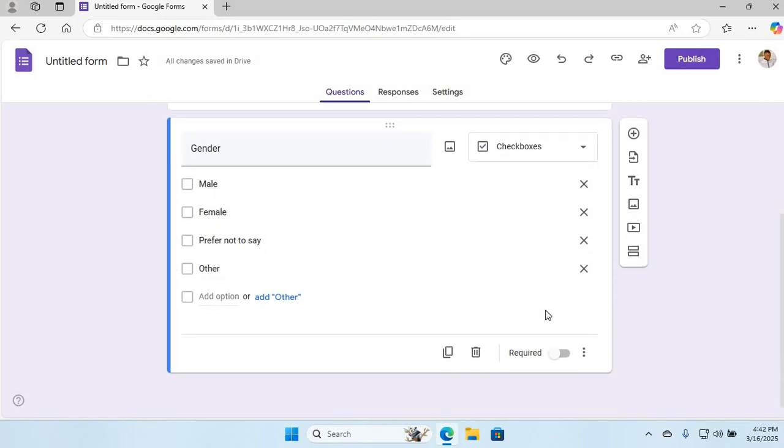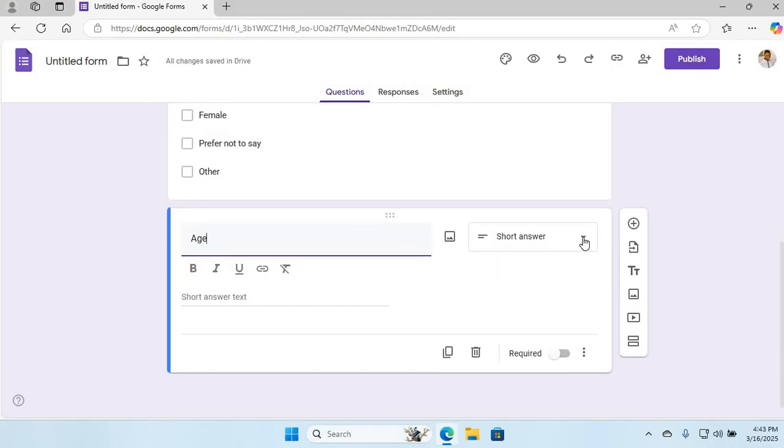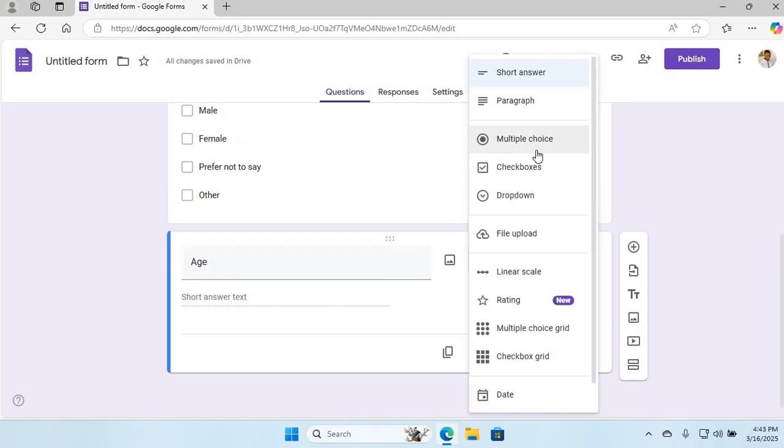The next is I'm going to add the next question. Let's say I want their age. Now the age, maybe I want it to be a short answer. I want them to write themselves. Or if I want to give them options, I can choose to give them options by saying,